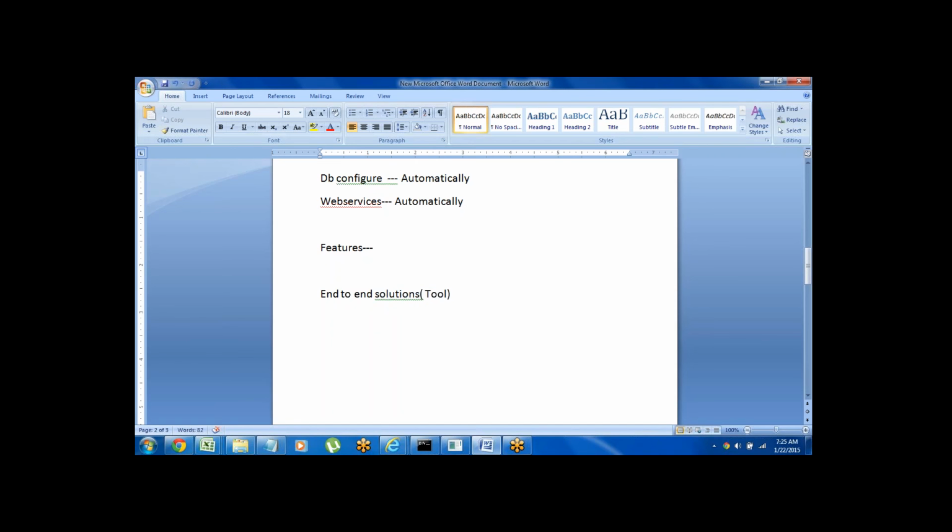From starting to ending, from designing to testing, everything is done in the same Pega tool itself. No need to install any other tools apart from this Pega BPM tool. So Pega provides end-to-end solutions: from design, development, administration, and security to testing, everything is done in the same Pega tool. And it supports all databases and servers. That is one more advantage.